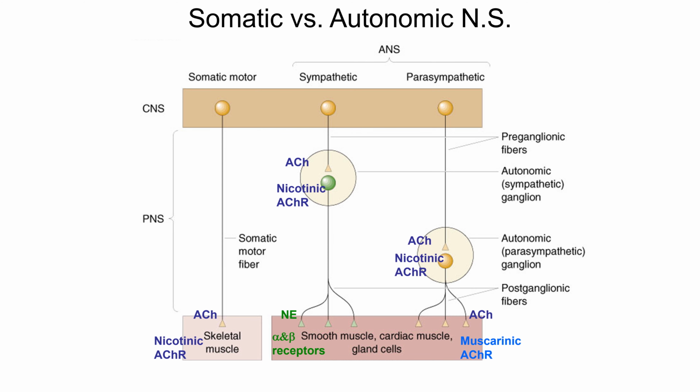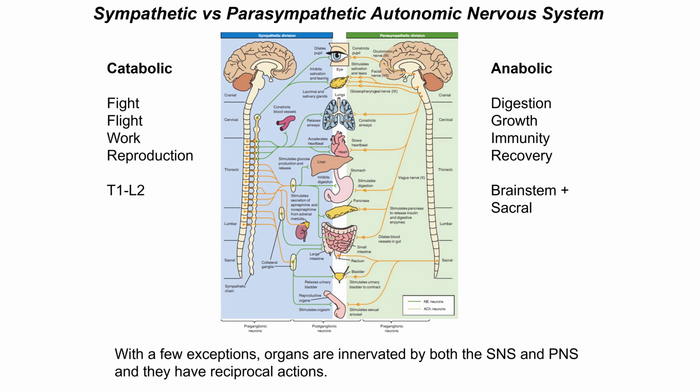For the parasympathetic, acetylcholine is the main neurotransmitter, and that acts on muscarinic acetylcholine receptors. So both of these, the alpha and beta for sympathetic and the muscarinic for parasympathetic, those are all G protein coupled receptors. Now we'll come back to that a little bit later, but first let's just make sure we understand